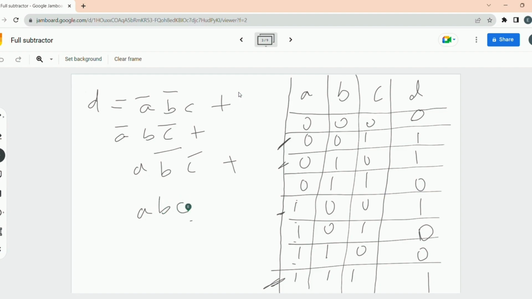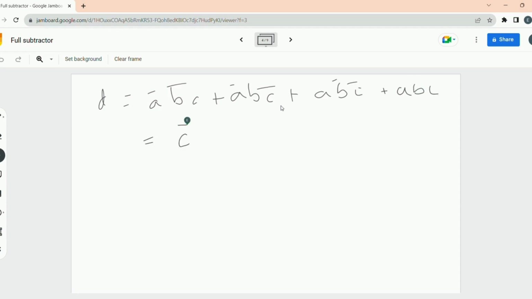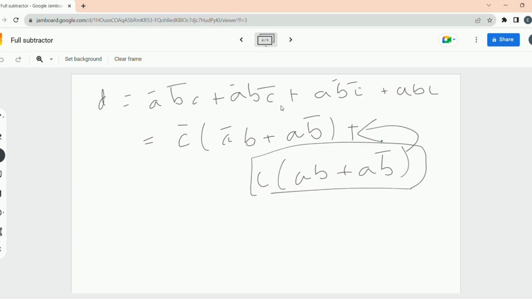Now we will minimize these terms. So difference we got as A bar B bar C plus A bar B C bar plus A B bar C bar plus A B C. Now we will take C bar as common. We will get A bar B plus A B bar plus, now we will take C term common, so we get A B plus A bar B bar. Now this term is the inverse of this term, so we can write it as C bar